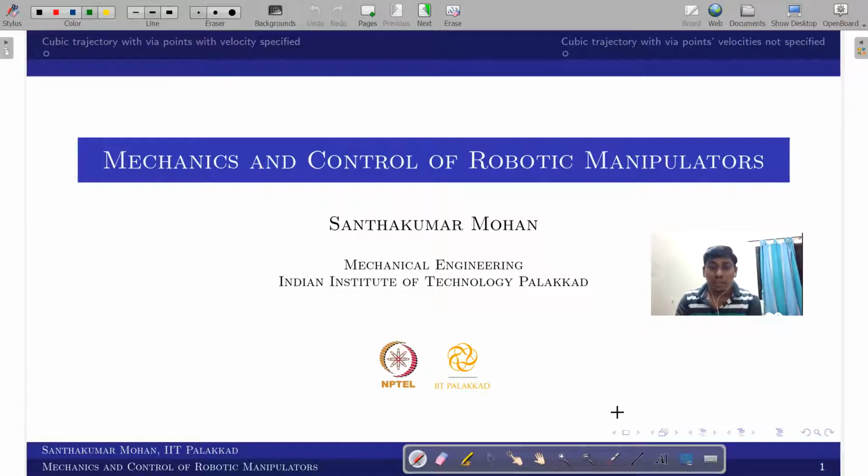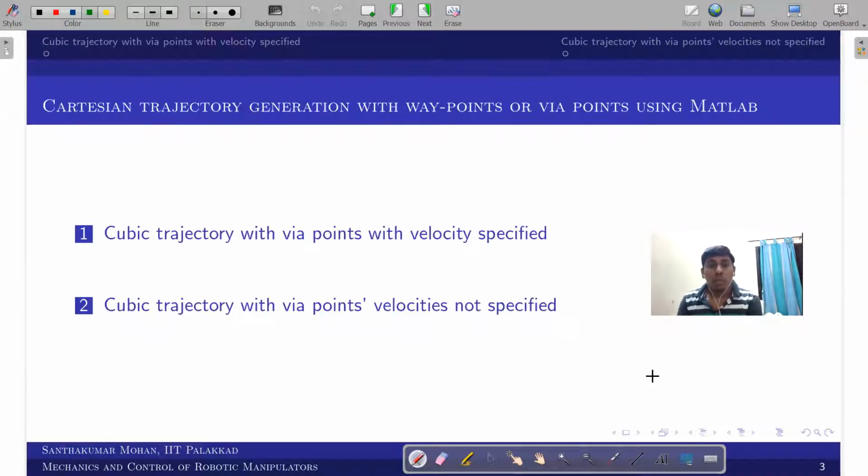In our earlier simulation we saw one via point, where the velocity is specified or not. But in this short video we will see two or three via points and how we can do it. I will also give a general scenario for n via points.